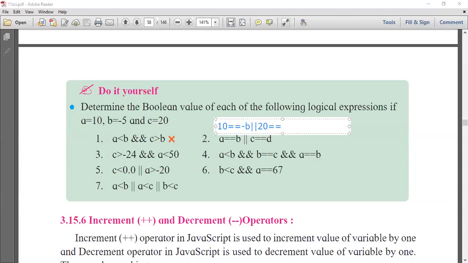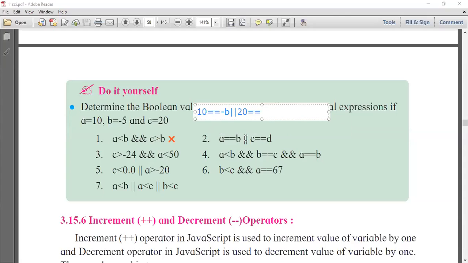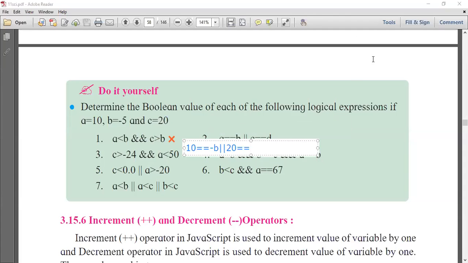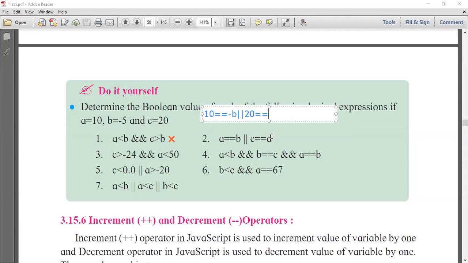D means... A, B, C, D. Where is D? It's a mistake. It's a typing mistake. C means B. Here you have to assign B. So consider here B. And you have given the answer false. How could it be possible?